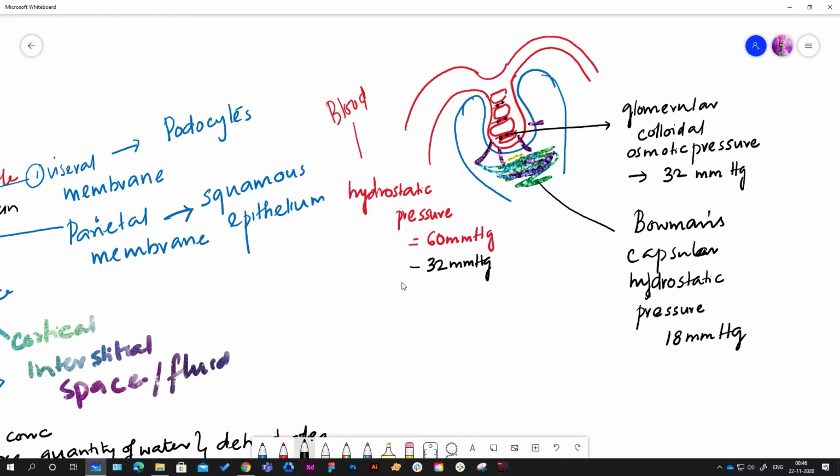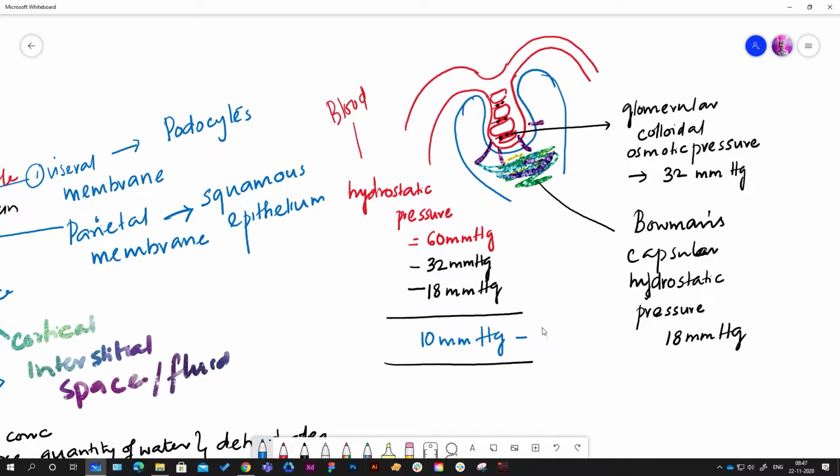Now when you look here, this is also opposing the hydrostatic pressure with which the blood is flowing inside. That is called the Bowman's capsular hydrostatic pressure. This is formed by the primary filtrate. This is because of the protein that is present in the blood. The protein molecules which have remained back during the filtration are exerting one pressure. So this is equal to 18. When you calculate this, it will come to somewhere around 10 mm mercury.